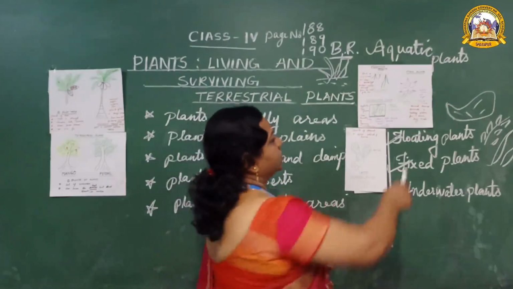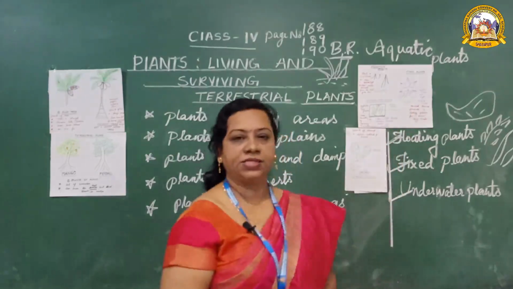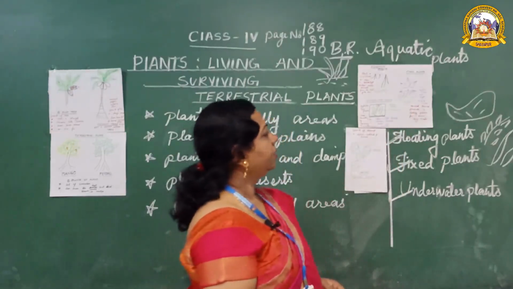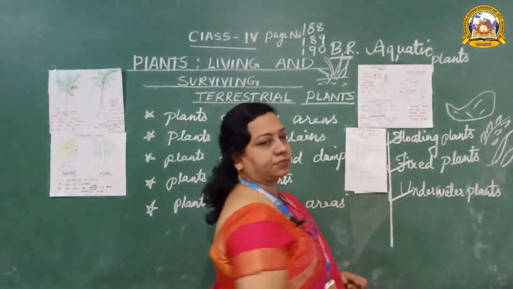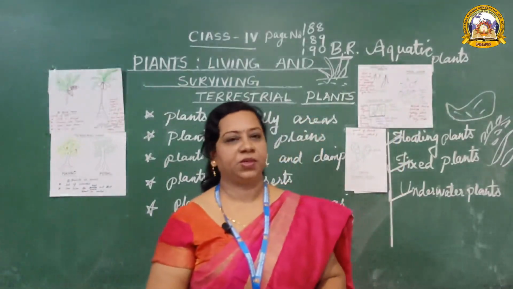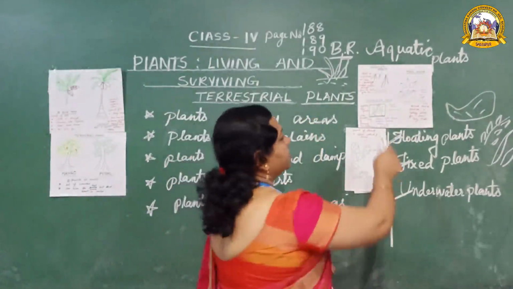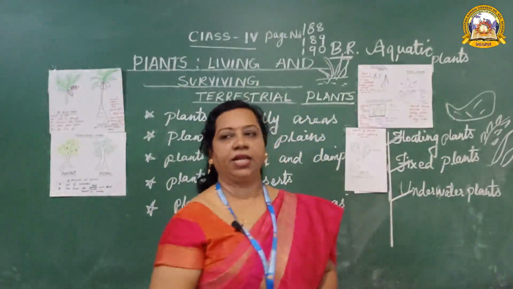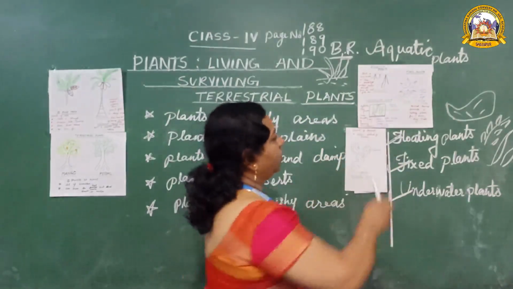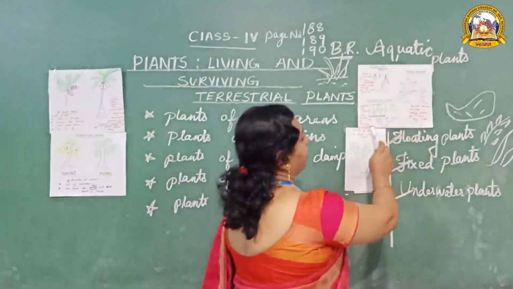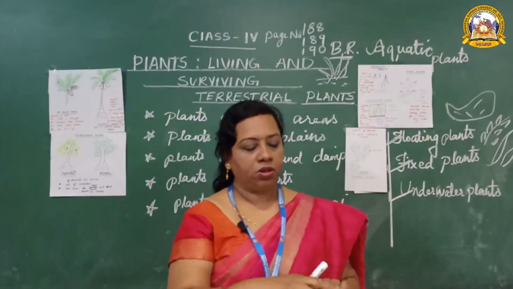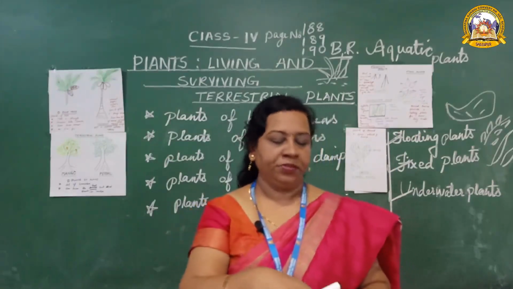Then the next one was fixed plants, with hollow stems. People make tasty dishes from them, and they have broad leaves. What is the function of the leaves? They provide a nesting place for the small tiny birds. Next one was underwater plants, hydrilla and tape grass. They are all in the category of underwater plants, with long ribbon-like, narrow leaves that arise in clusters. I think all these things are clear for you.